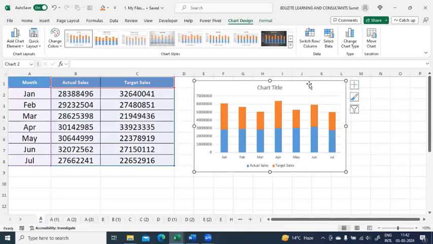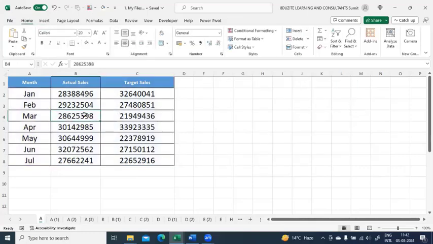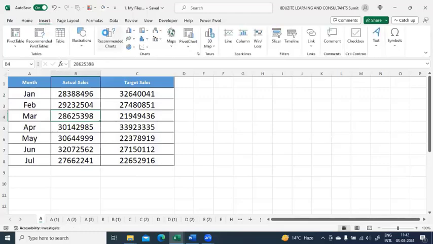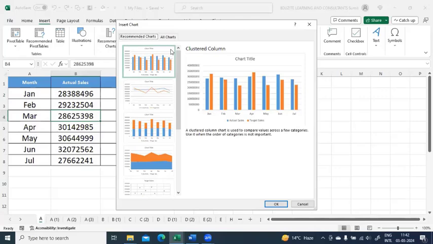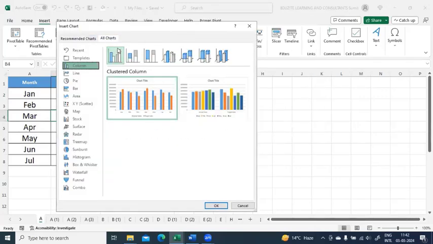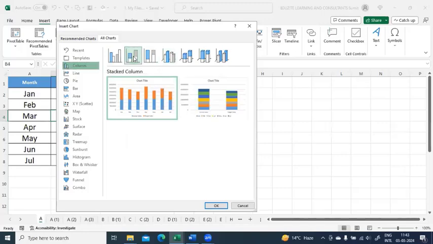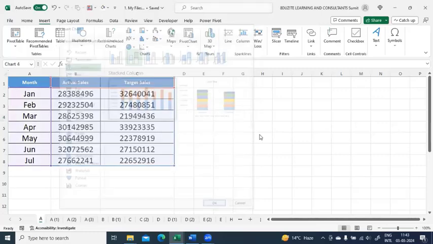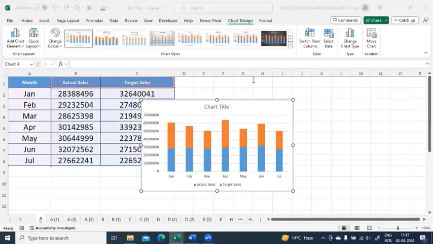Again, so what I did is, I'll repeat the steps for all of us. I clicked here, I went to insert tab, I went to recommended charts. In recommended charts, I went to all charts. In all charts, there are a lot of column charts. I went to clustered, the stacked column, and I opted for this chart and pressed OK. Right? So I pressed OK. Now after doing this,